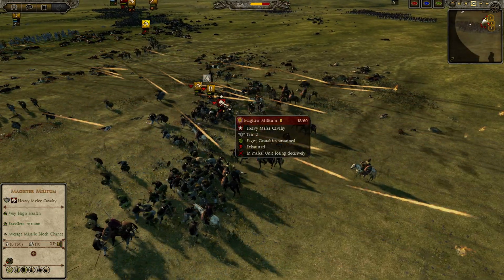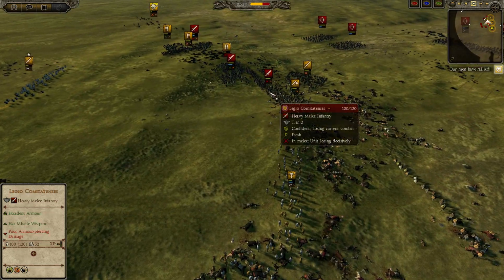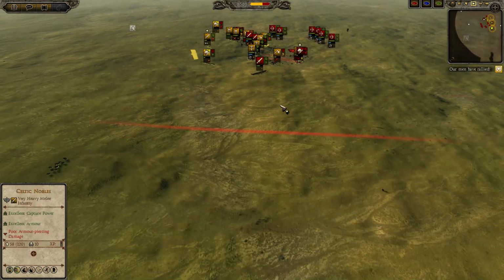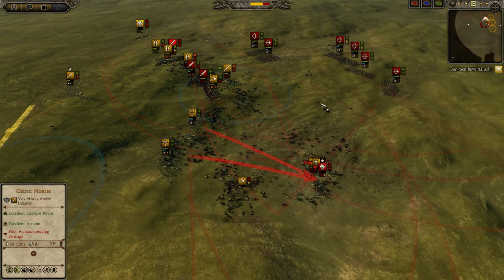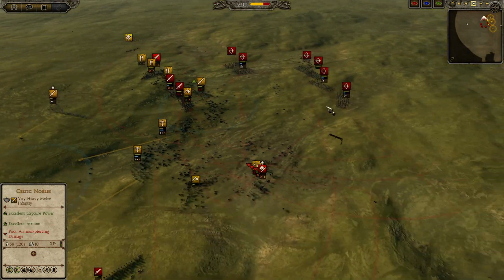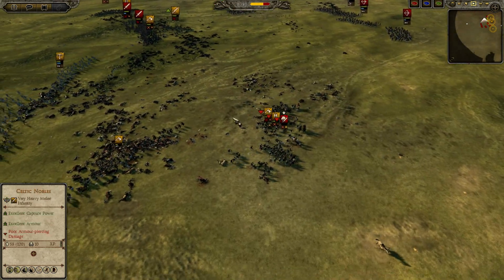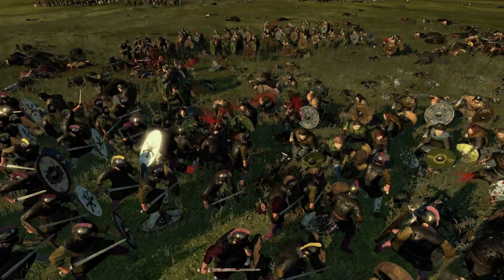He's gonna go for a last-ditch attempt with the Magister Militum here, to try and sway the battle in his favor. But right now I've got a decent amount of units left, and my Celtic crossbows can actually do a lot of damage. He's doing a nice job by focusing them though, so I should be pulling back my crossbowmen here. I'm gonna get rid of his Magister Militum here, and let's actually just zoom in and enjoy some sweet action here